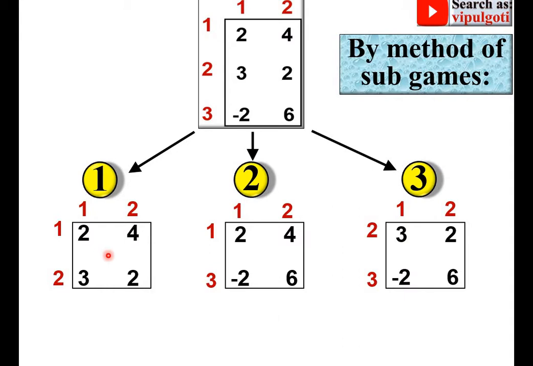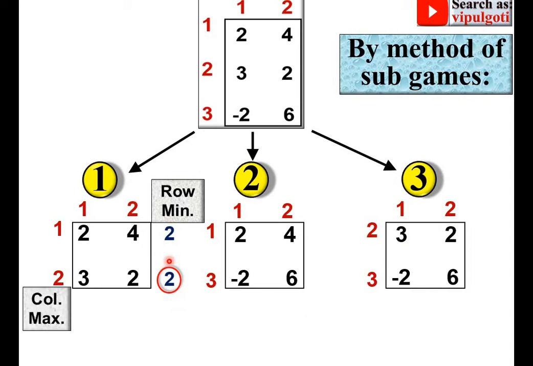So first I am going to apply the maximin and minimax principle. So find out the row minimum. So here it is 2 and here it is also 2. Now select the maximum value. So here both the values are maximum. So you can encircle both the values also. Now column maxima. So here 3 and here it is 4. Once again select the minimum value.